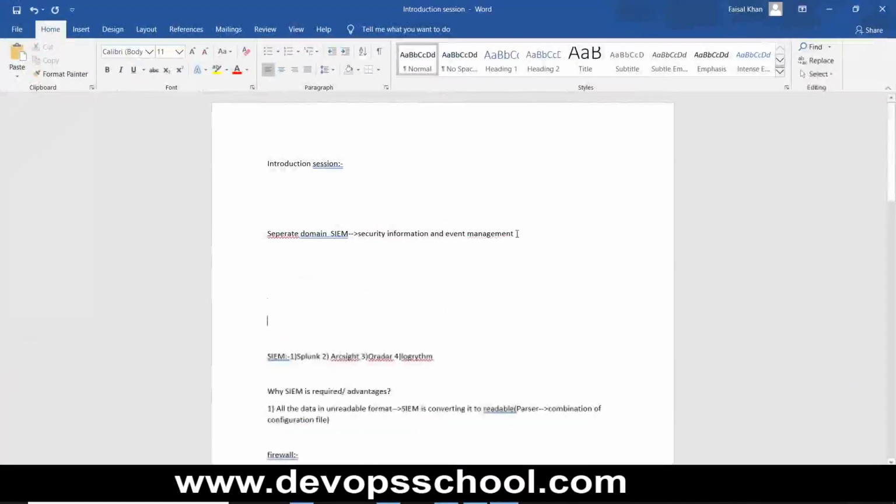So how we have a separate network security domain, separate endpoint domain. Similarly, we have a separate domain of SIEM. The full form of SIEM is Security Information and Event Management, and inside that we have multiple tools: Splunk, ArcSight, QRadar, LogRhythm. Apart from this, there are a number of tools. So we'll be learning about Splunk and what is SIEM, or basically what Splunk is